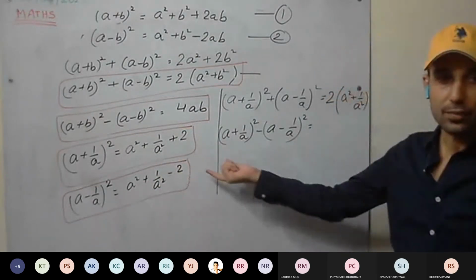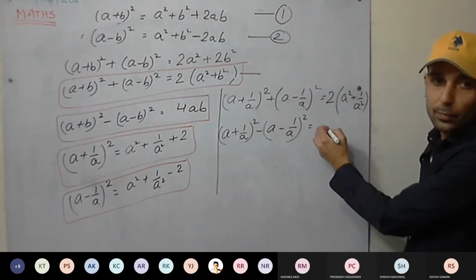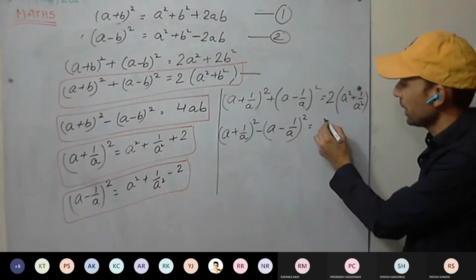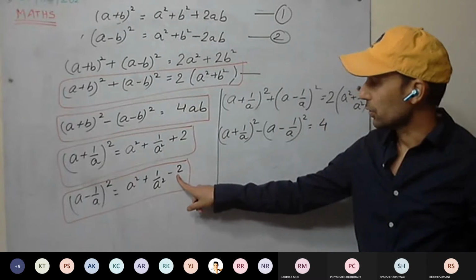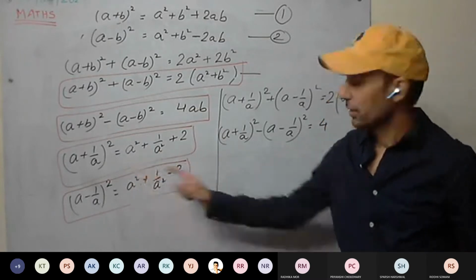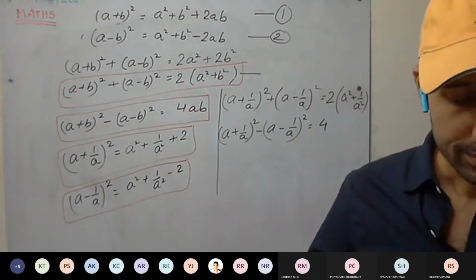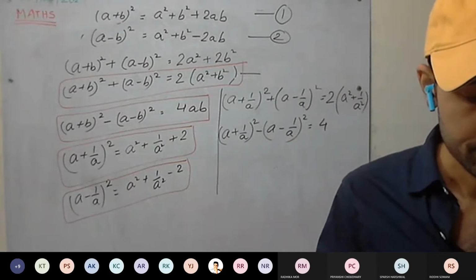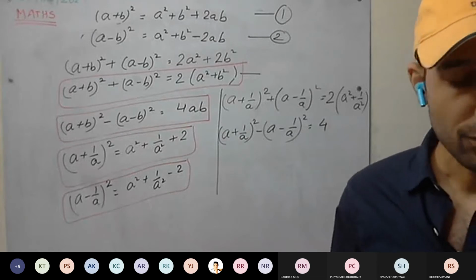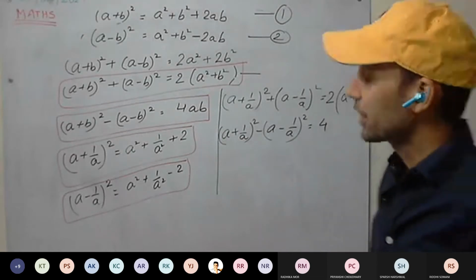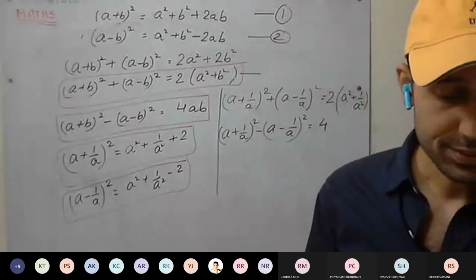What about this? Anyone in class, how much will it be? Abrar, you tell. How much will it be? It will be 4. Plus 2, minus minus 2. We are subtracting the second from the first. You will get this identity. Is this clear? Yes, sir. Okay. If this is clear, then solve fourth A first question. Okay. Try that question. Fourth A first.